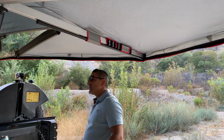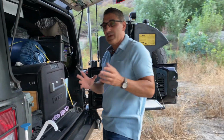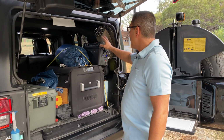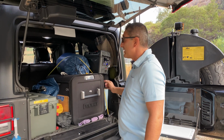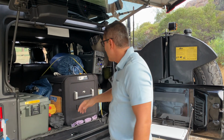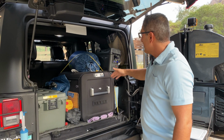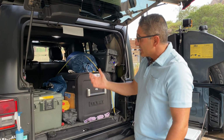So walking to the back side of it, I'm kind of a messy guy, that's how it is, but it's kind of a method to my madness. Basically, I have my refrigerator, and if you see my previous episode, I'm a big fan of putting my power supply, getting charged from the main battery or the alternator as I'm driving. And when I stop, I have my solar, which is on this corner. I'm going to pull it out, and then